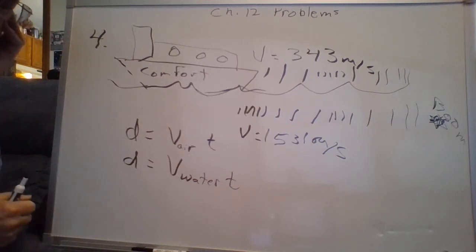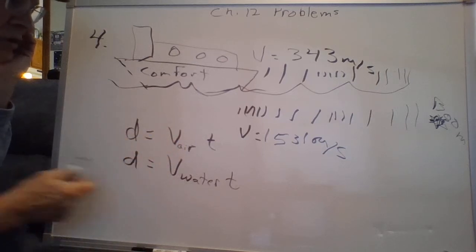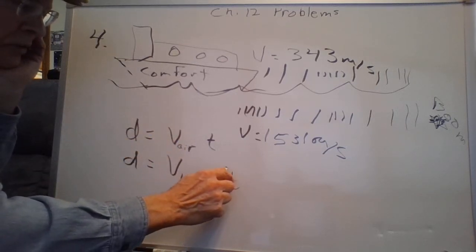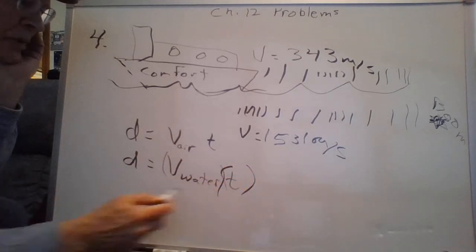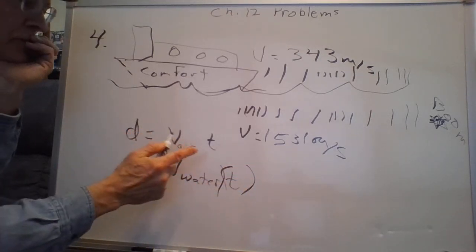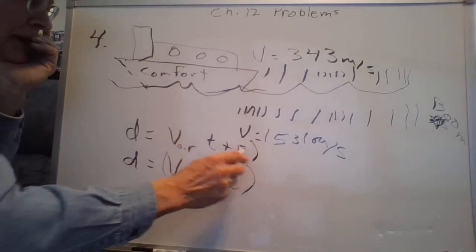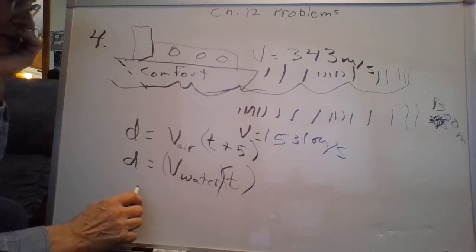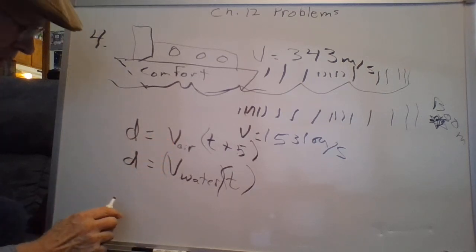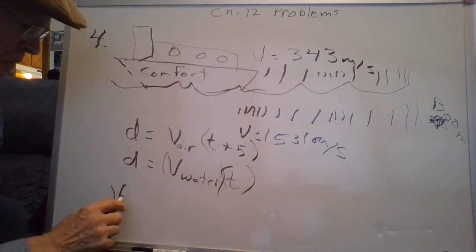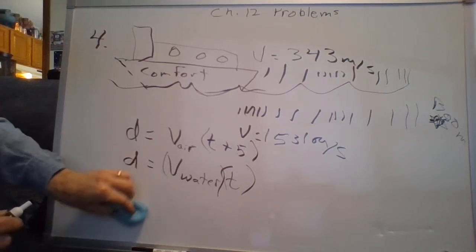It says in the problem that it takes 5 more seconds to get there in the air. So whatever the time is for the trip in the water, the trip in the air is going to be t plus 5. Oh my gosh, we've got some algebra. Oh, that means this distance and this distance are the same, so the velocity of sound in water, let's go ahead and put in a number, I'm running out of room.